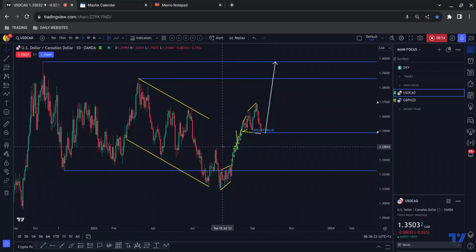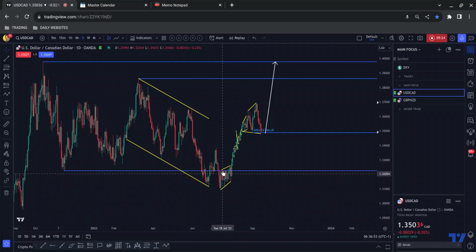I then asked myself about the sequence. You can see we do have a high here, a near miss to that, and then we break that and then push down aggressively. But if this is a move to come to the downside, where are we coming to? We've kind of already filled all the orders that were down here, so I don't see the reason why the dollar at this moment in time would push to the downside, especially when the DXY looks very clear for a move to the upside.